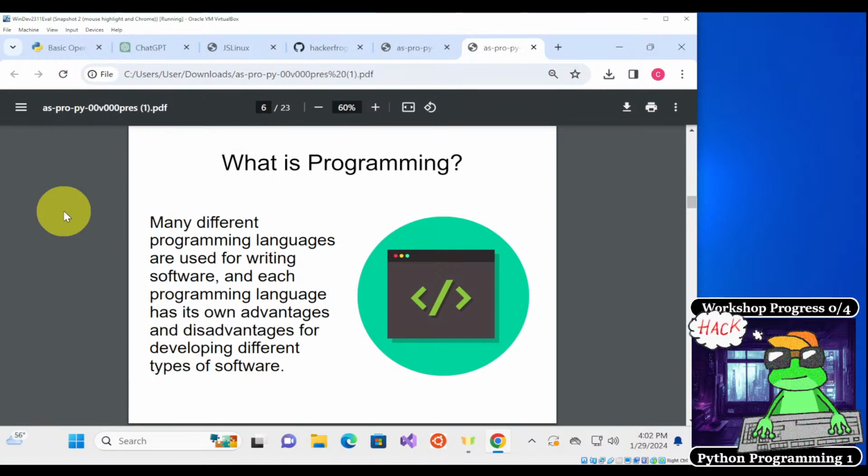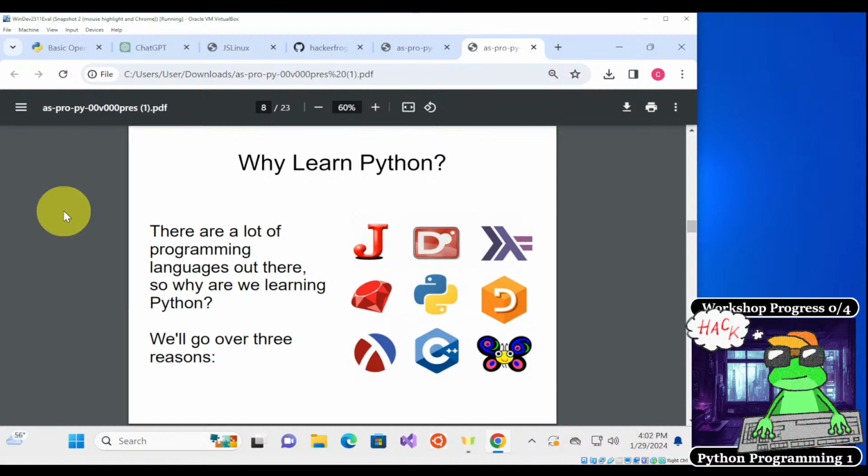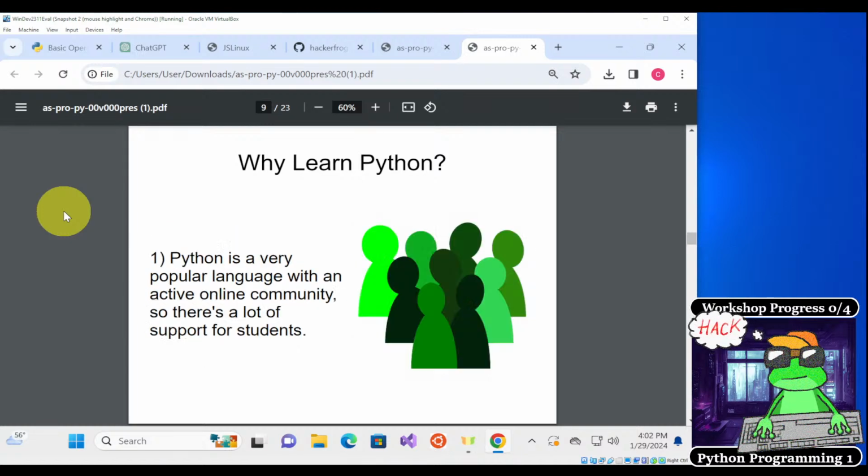Many different programming languages are used for writing software, and each programming language has its own advantages and disadvantages for developing different types of software. The software language we'll learn to use in these workshops is called Python. There are a lot of programming languages out there, so why are we learning Python? So we'll go over 3 reasons why Python is a good thing to learn.